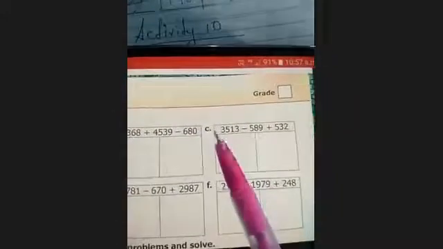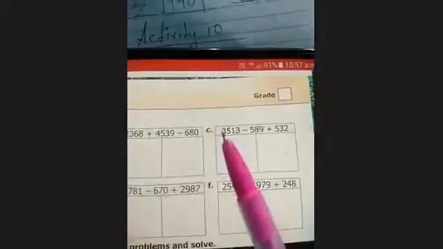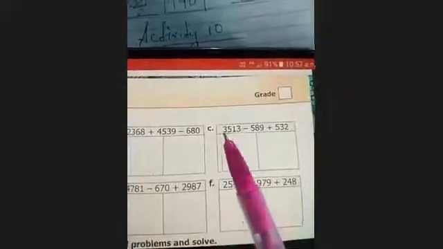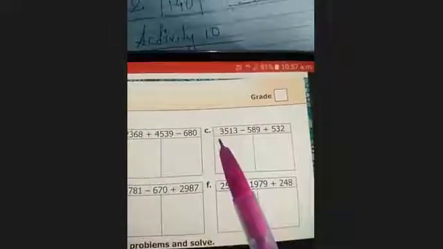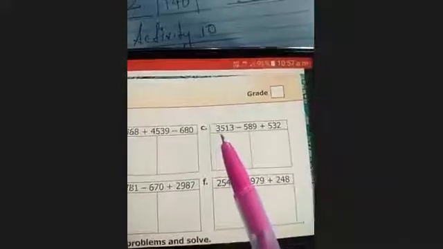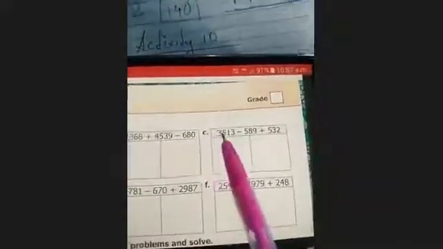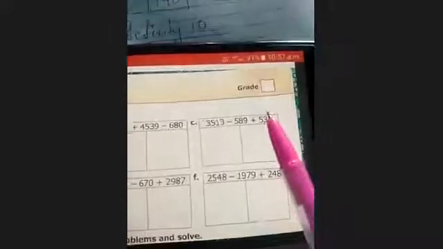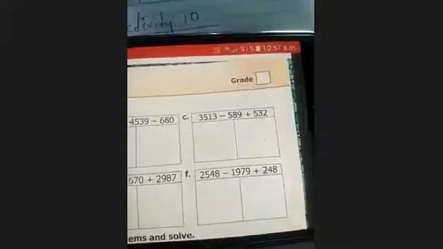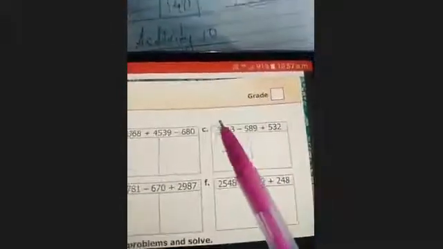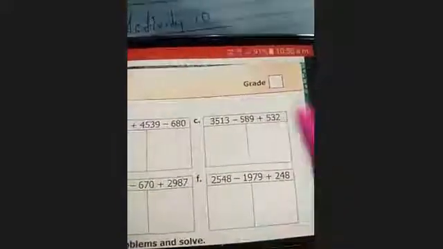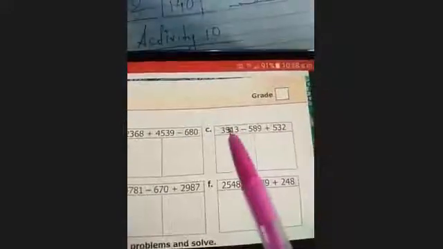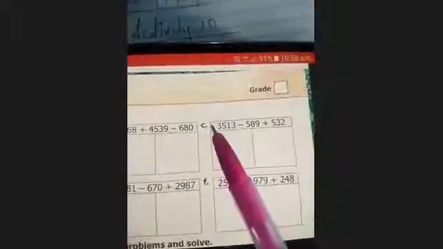Here no sign means this is plus by default. If there is no sign given before any number, it is plus by default. Okay. So this is plus and this is plus. As I have said, you have to do addition. So you have to keep the friends together. This is plus and this is plus, so both of them will be friends now.